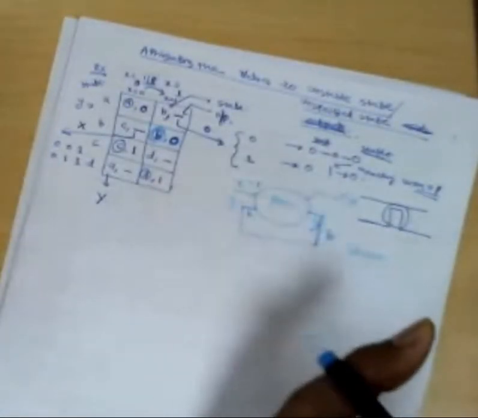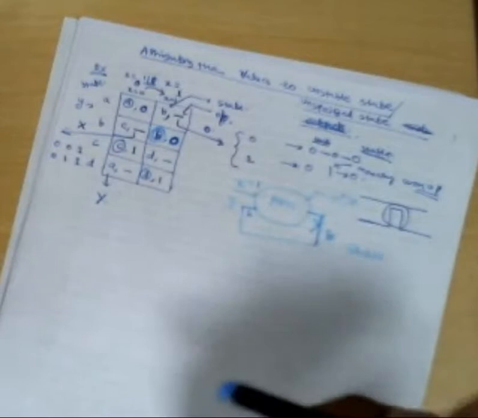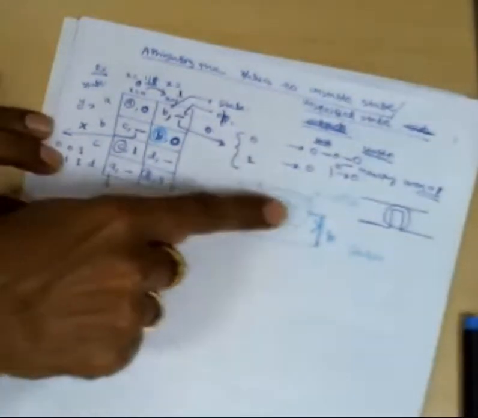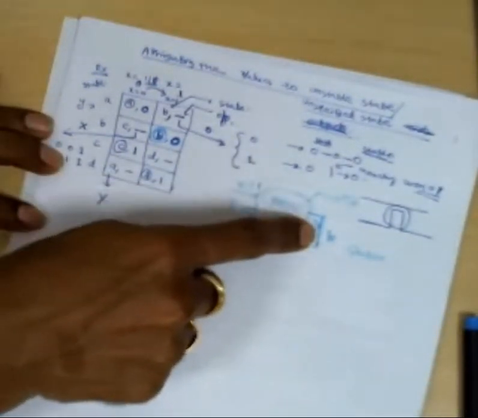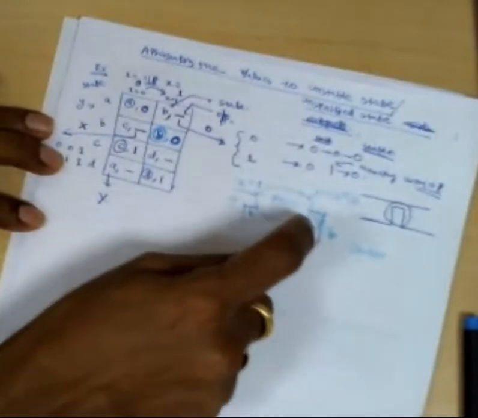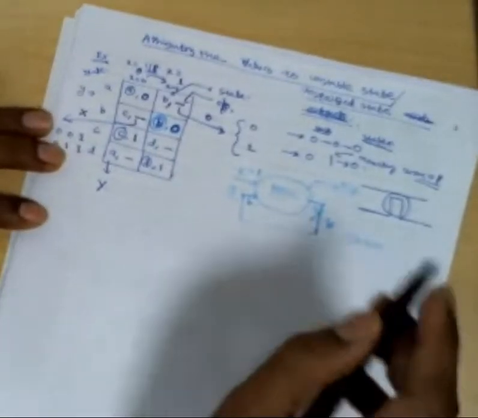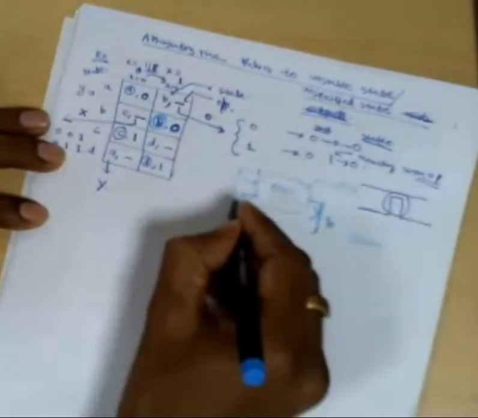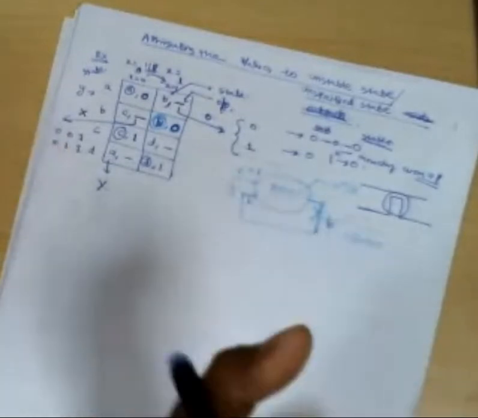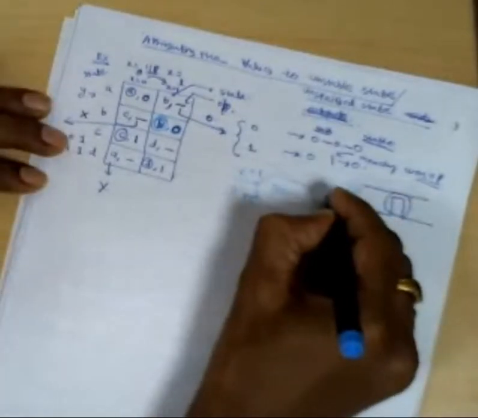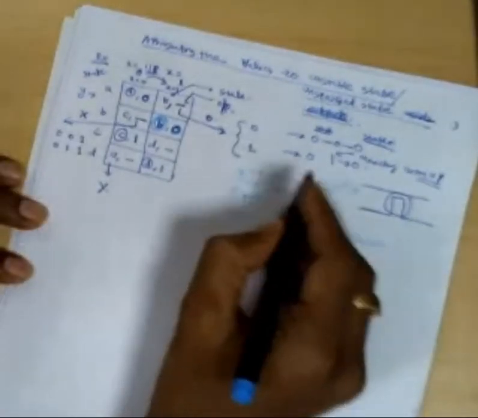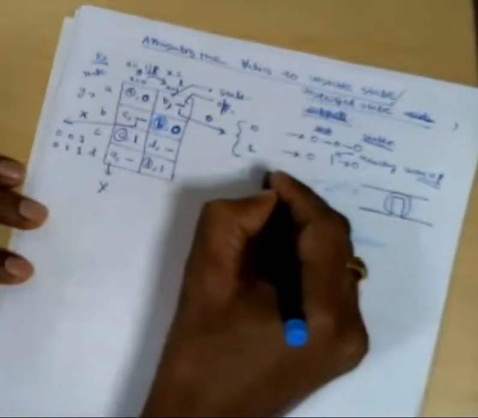Stability means whatever input we are giving, that should come out here. There should not be any change in this output, because if you keep changing it, then races will come, hazards will come, critical cycle, all those issues will come. So here B is coming, again B, again B, circuit in the stable state, and the output is 0. And at this moment, I am making this input 0.